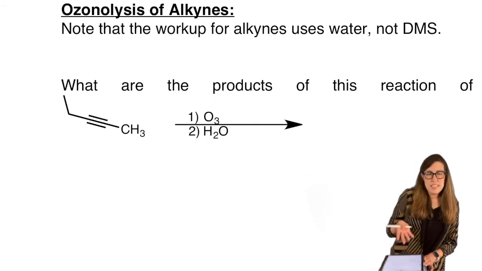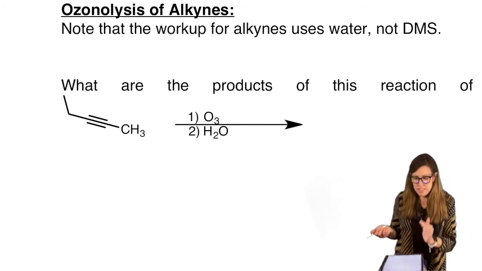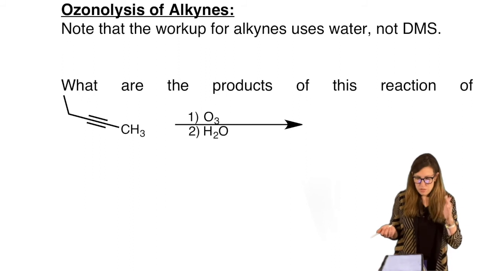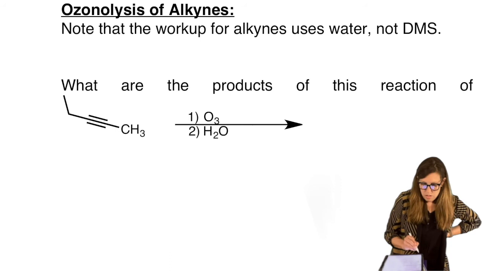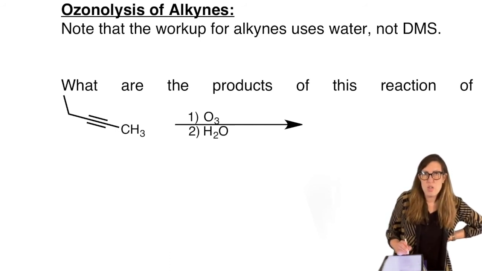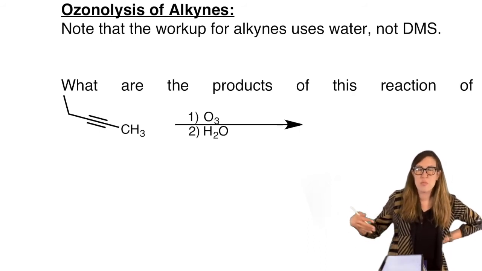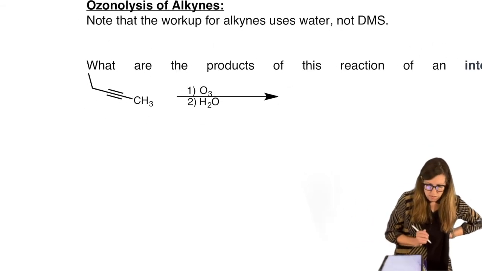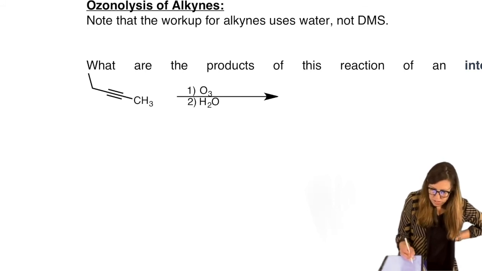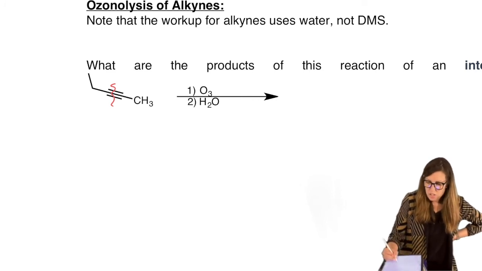Now, alkynes can also do ozonolysis, and we will revisit it again in the alkyne chapter, but since we've brought up alkynes now, sometimes it's easier to address ozonolysis at the same time. So we're going to use water instead of DMS in our workup. But there are other options for workup which will give you different products, and other books will include more and some will include less. So I'm sticking to the one route for the sake of this class, but it's the same idea. Cleave down all of the pi bonds. It just gets extra oxidation.